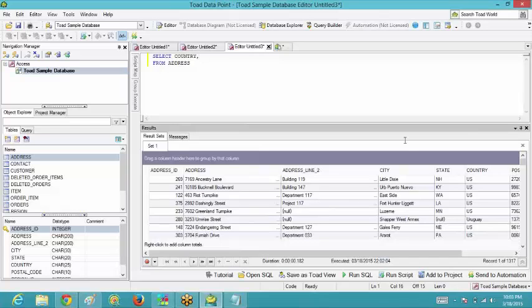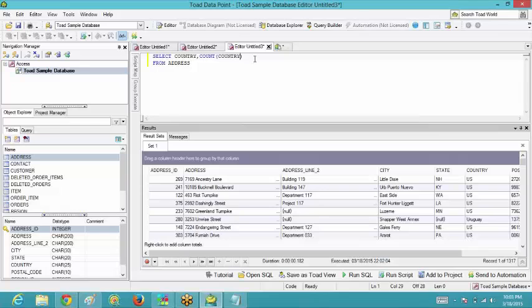So for that I need to have the country column also. Then after that I need to count how many times it is present. For counting it, the keyword that we have already studied is the count keyword. And now I want to do the counting on the country.